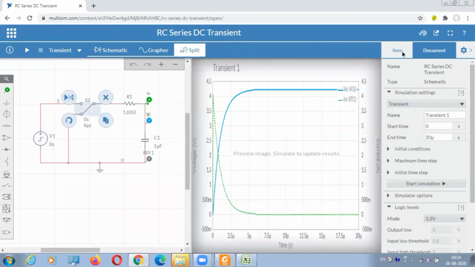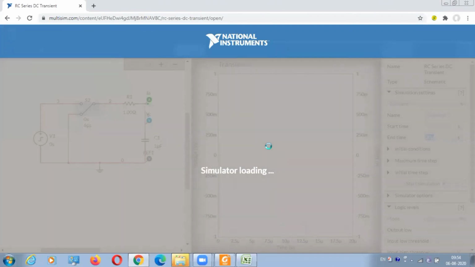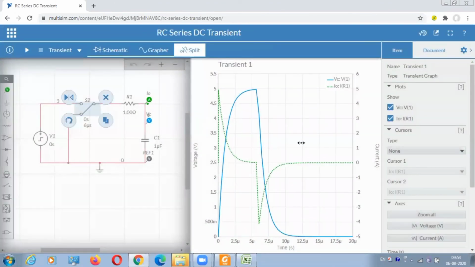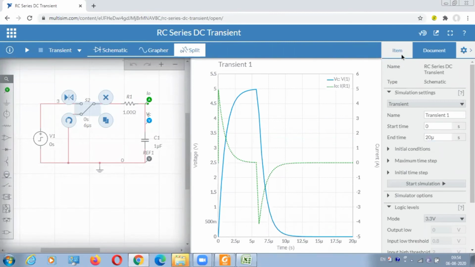Just wait 1 second. I go to document, start simulation. That one I was checking whether it was reaching steady state or not. Okay, I was changing values of C and all, changing the document time and seeing whether it was reaching steady state or not. Or I have used a single pole, single throw switch and seeing if it is directly connected to DC, what will happen? Circuit will reach steady state. That waveform was showing steady state. So in order to show two states, I have to use a single pole double throw switch.